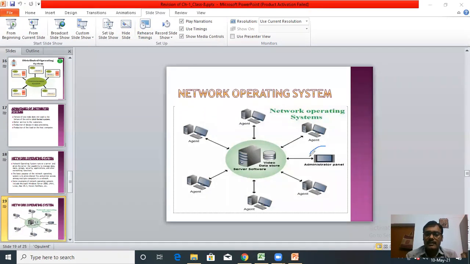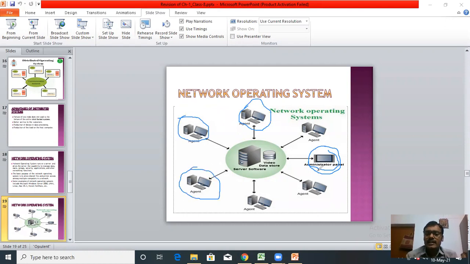This is the administrator computer. It has the network operating system and it is able to control all the clients. These agent computers are known as client computers.